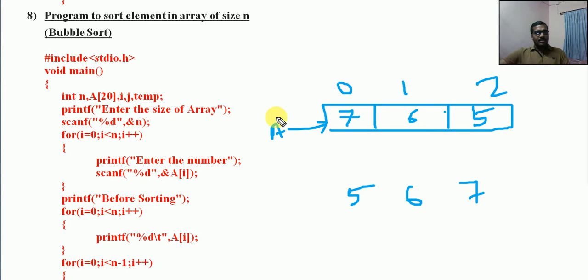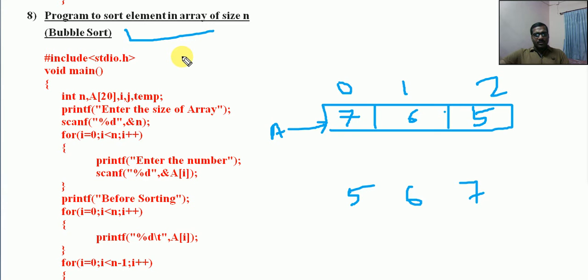Let us see the program logic. This sorting algorithm that we are going to use now is bubble sort. Similarly, we have several other sorting algorithms available, like the quicksort algorithm. Similarly, we have the selection sort algorithm, and many more sorting algorithms are available. Now bubble sort is the most commonly used one that we will see now.